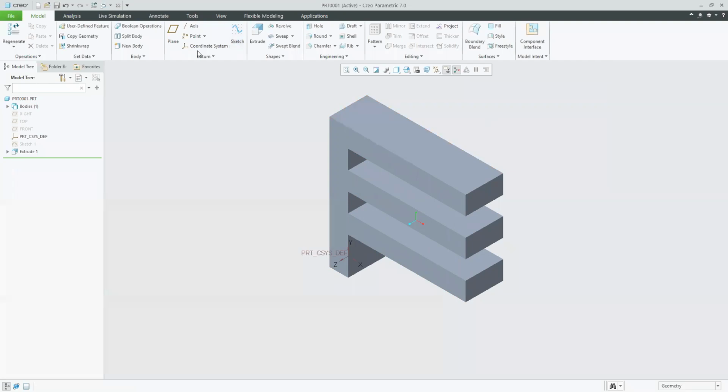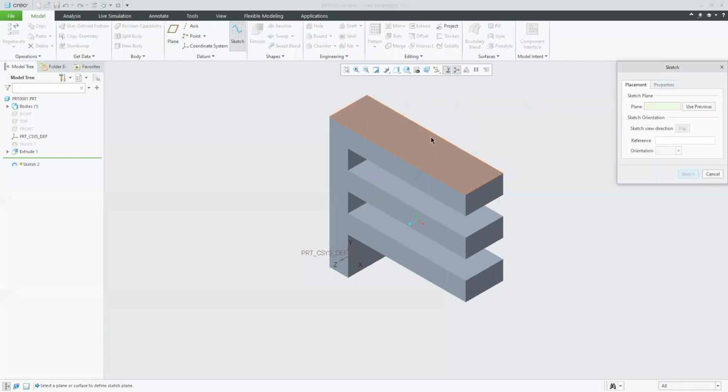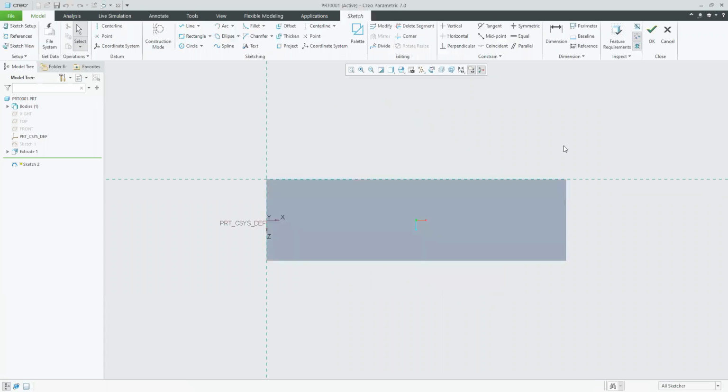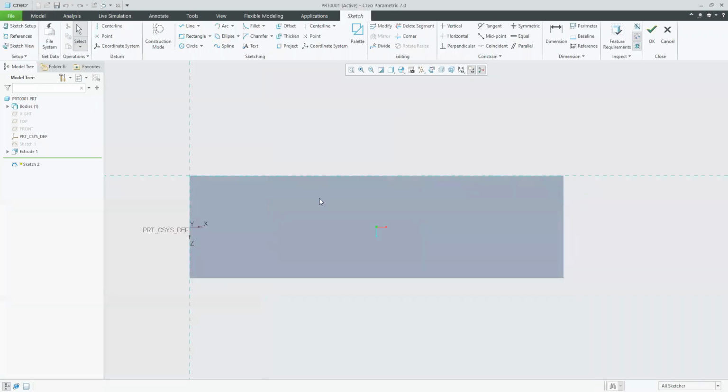As now, I am clicking on sketch and I want to draw a circle over here, so that I am drilling that circle. I am making a drill of it. I am creating a hole of it. So I sketched on this specific plane, and now I want to create a circle at this specific location.